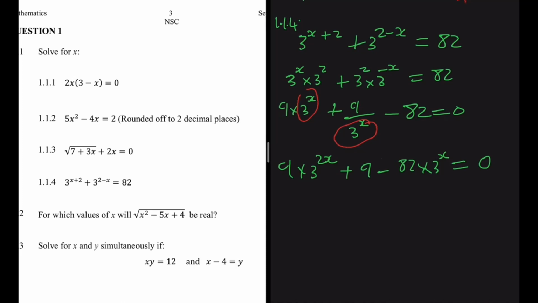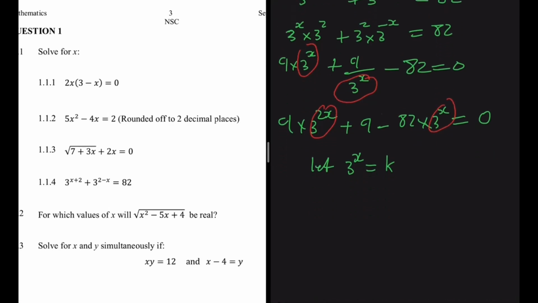So now we can try to factorize this, but it's very difficult when you have this kind of thing, right? It's very difficult to factorize it like that. So what I like to do, I let 3 to the x be equal to k, right? If I'm dealing with k, it will be easier to factorize compared to when I'm dealing with 3 to the 2x. So we're going to have 9 multiplied by k squared